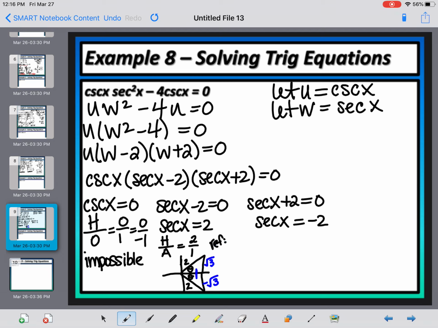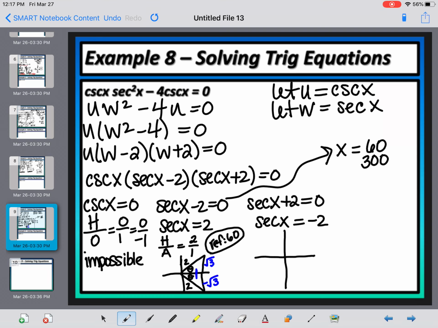Okay, so my angle, my reference angle here has to be 60. Alright, so this one, we'll go over here. X has to equal 60 and 300. Alright, for the last one,